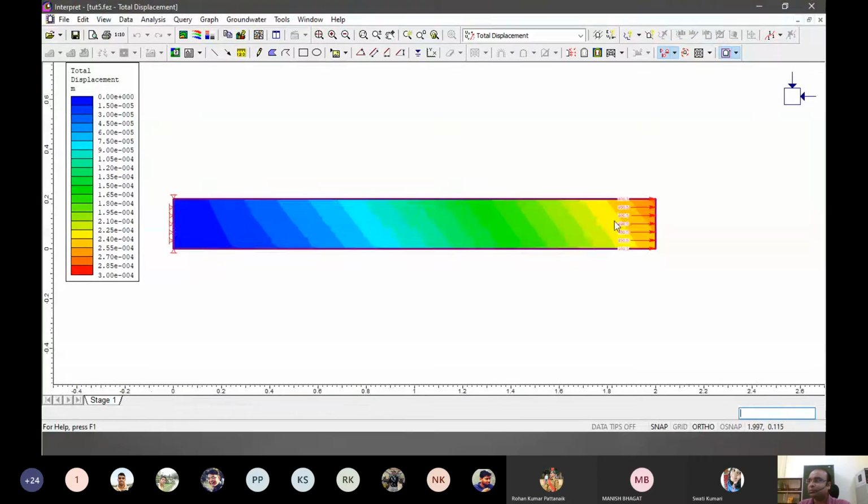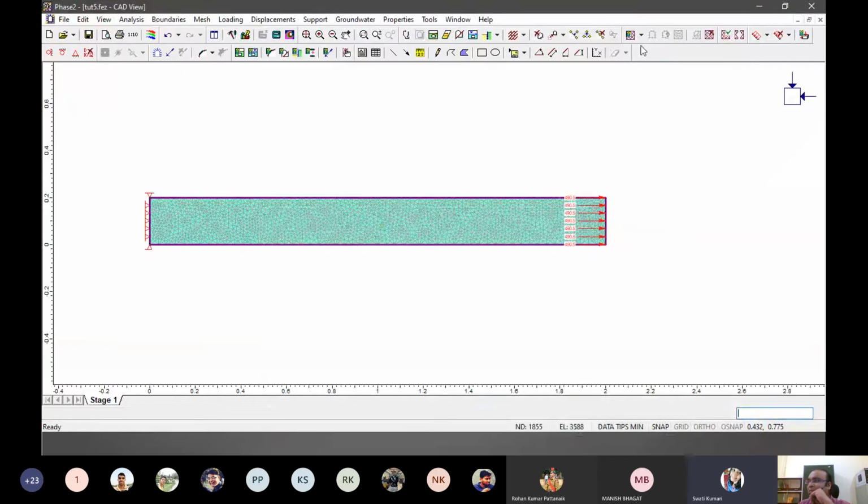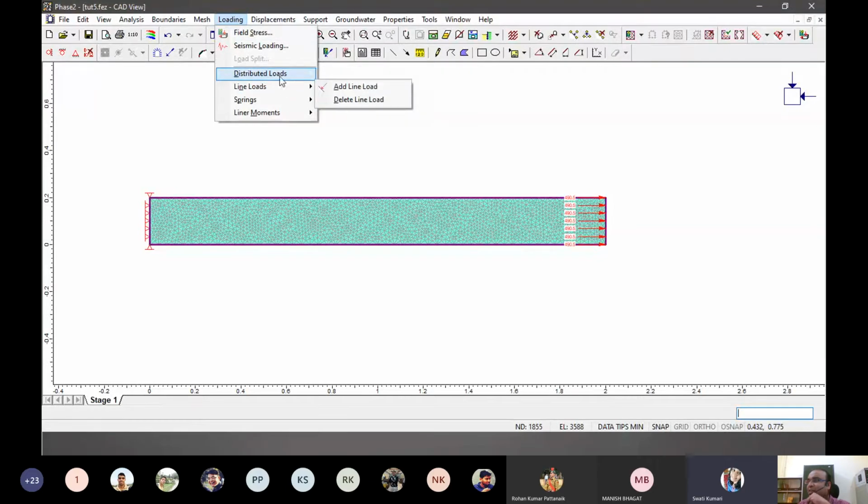Okay, so my doubt arose from one of the versions of the software manual. They wrote that the pulling force can be added separately too, because there is a tab in the loading to add forces. So I thought there might be a similar thing in this one too, but there wasn't, so I got confused. It says the forces can be added separately: we have to go to loading, and then there'll be a mention of the forces, and through forces we can add pulling forces too.